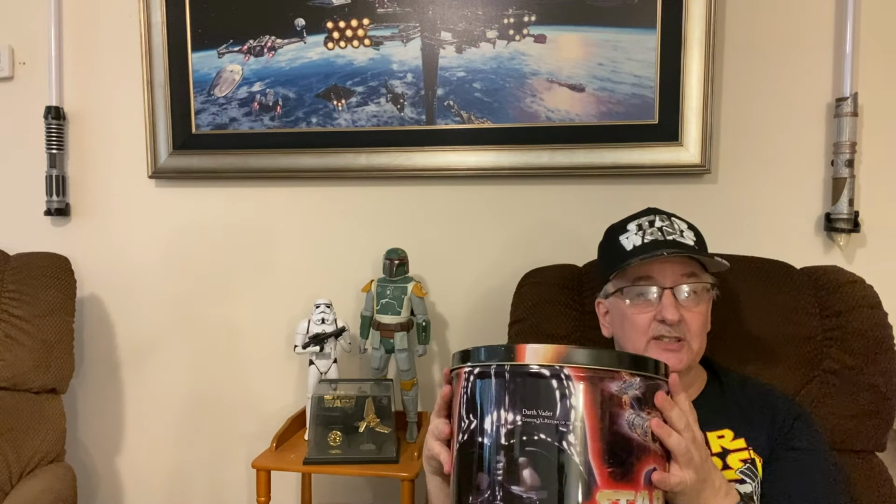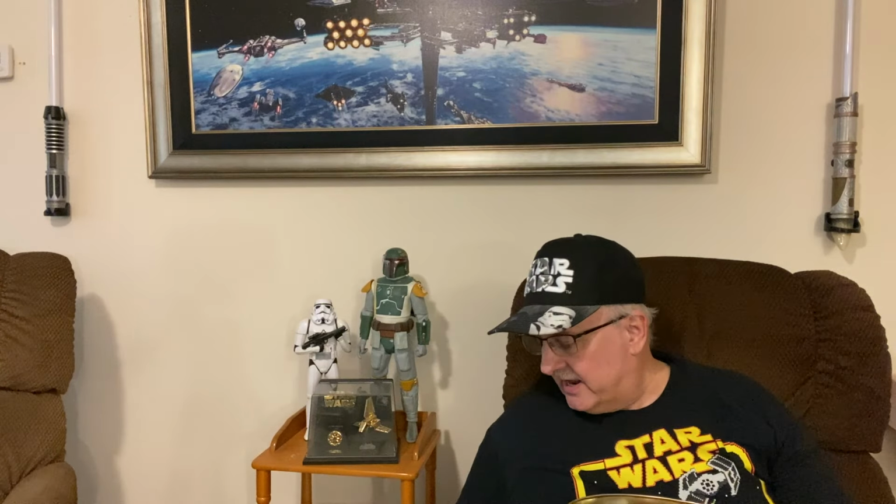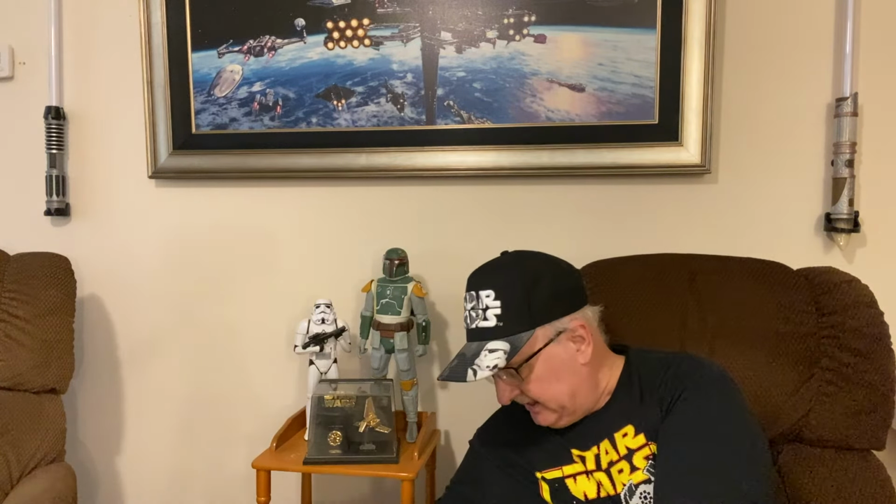Unfortunately, I do not have the second. So I'm missing 1 of the 3. Got 1 of 3, missing number 2. This one does have some stuff in it. So we're gonna find out what's in here, and I can tell you right offhand, it's pretty much Pez Dispensers